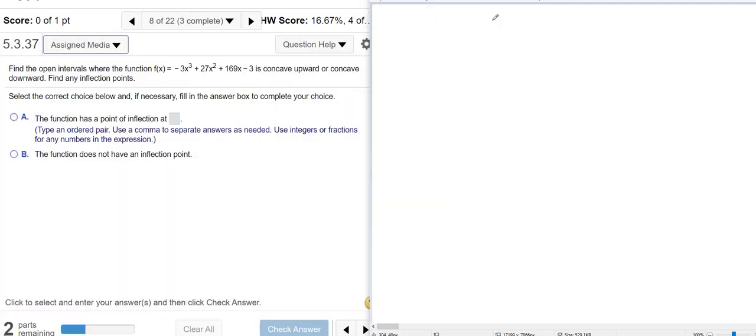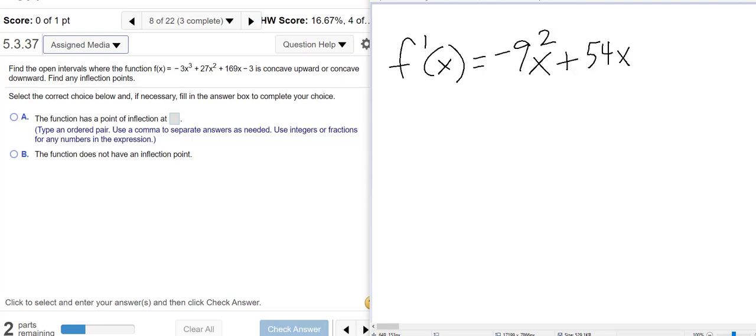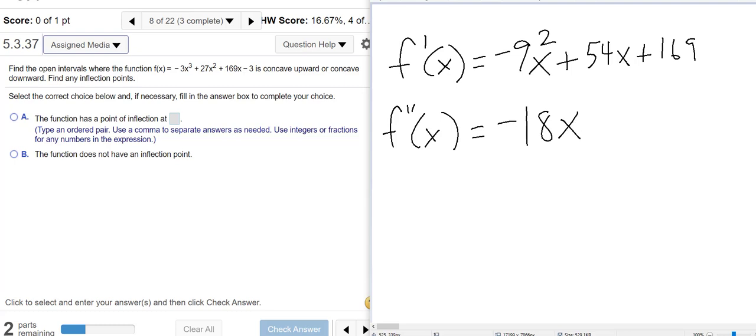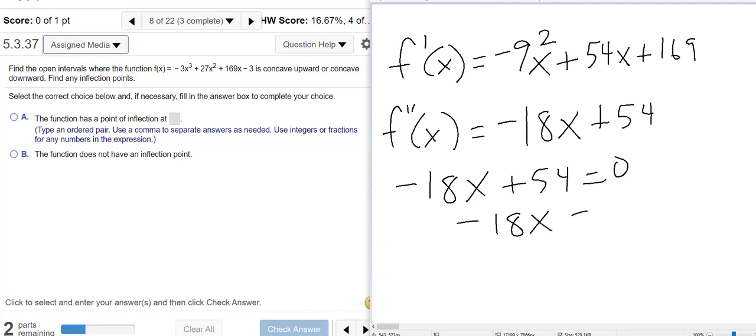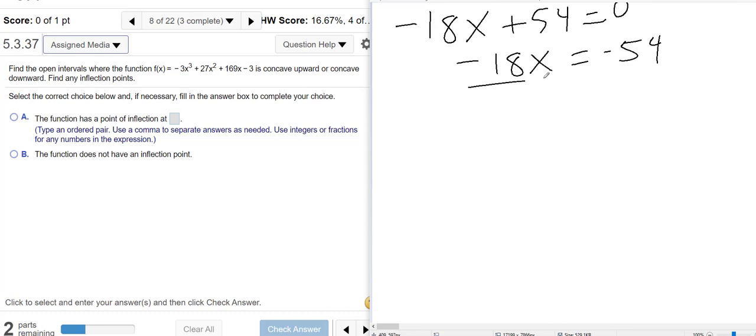Number 8. Find the open intervals where the function f of x equals negative 3x cubed plus 27x squared plus 169x minus 3 is concave up or concave down. Find any inflection points. Again, we're going to use the second derivative. So we take our first derivative, negative 9x squared plus 54x plus 169. F double prime of x will be negative 18x plus 54. We set the second derivative equal to 0. Negative 18x equals negative 54. Divide by negative 18,